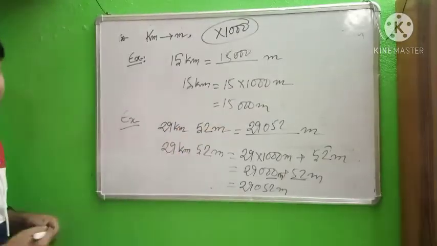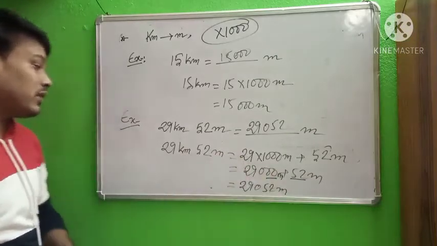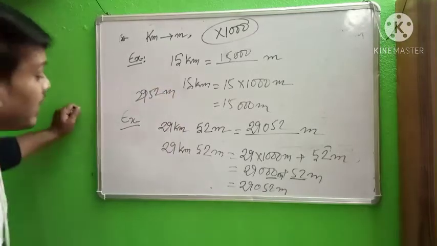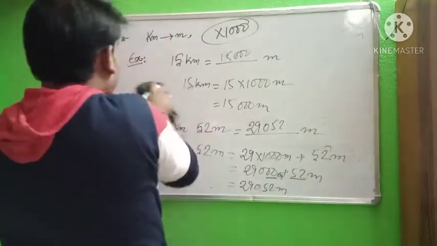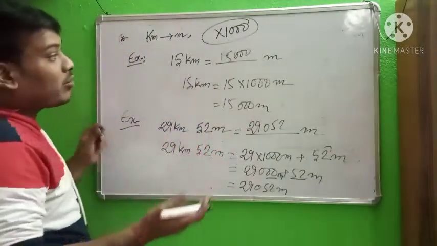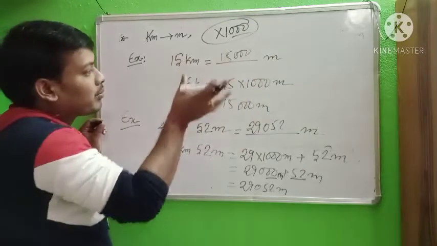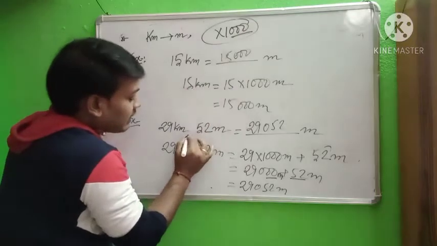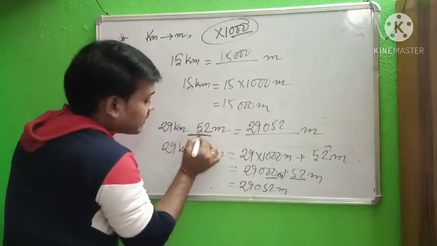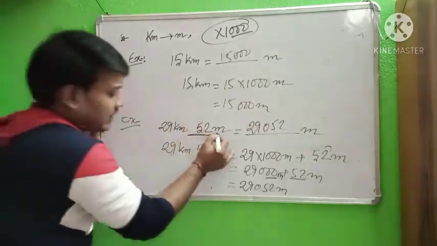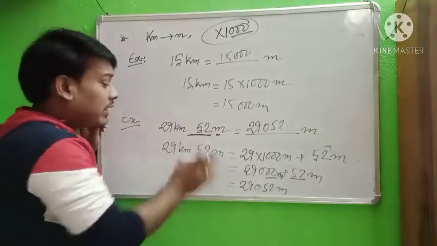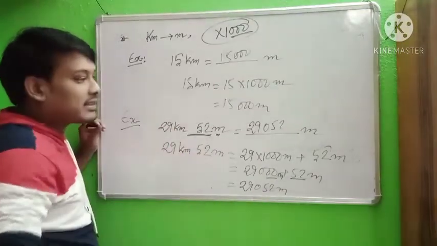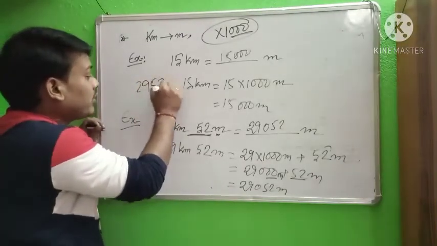But if we directly write the answer without showing the process, then how to write? 2952 meter? No. Here we have to multiply it by 1000, so three zeros. In this way you memorize this thing. Three zeros means three digits always sit in the meter place, when you convert directly. Otherwise you cannot convert directly. 2952, your answer is wrong.